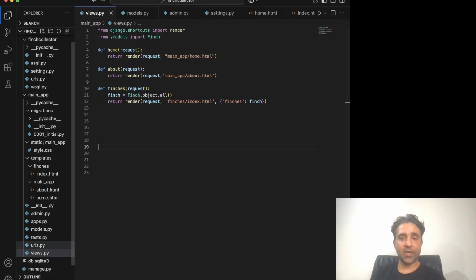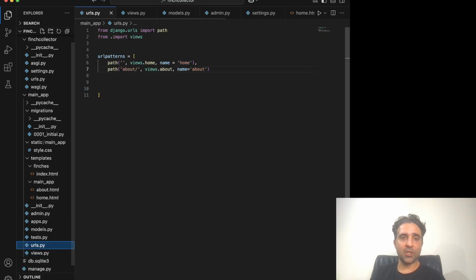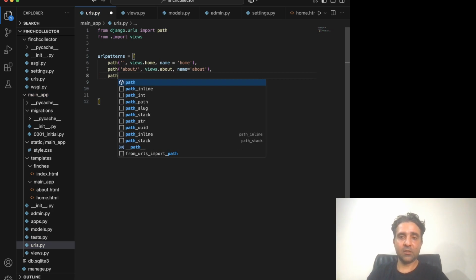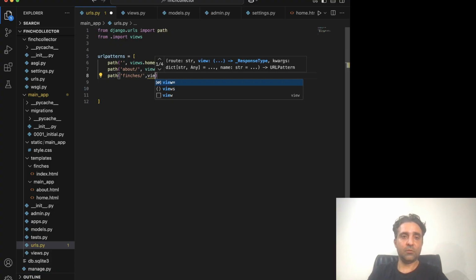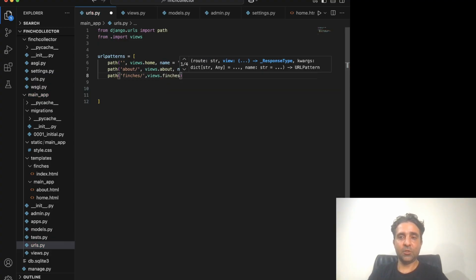So we go to the urls. We go to the urls, and we need to register our path in the urlpatterns list here. So I have path finches and views dot finches, and we name it index. Okay,